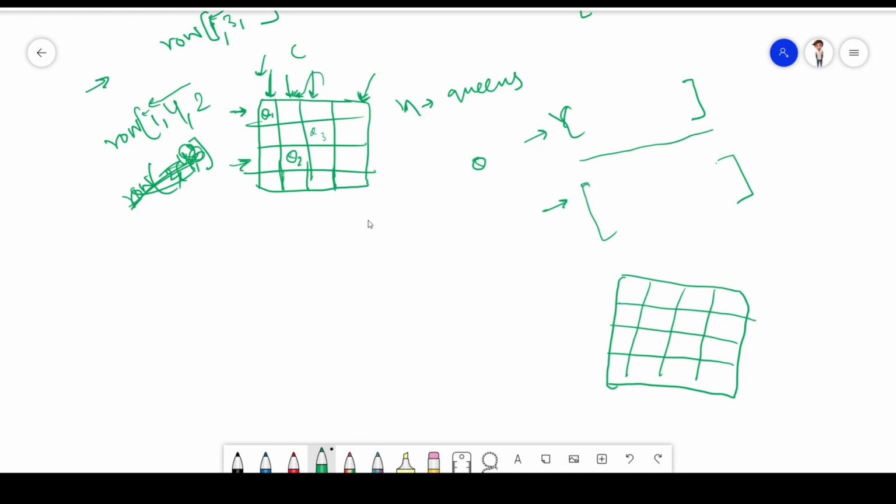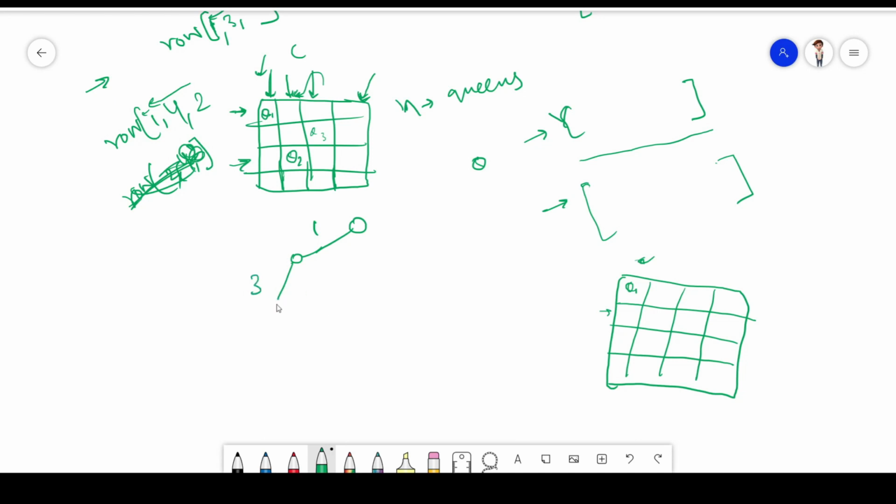When I draw this state space tree, what will happen? I can place queen 1 over here. So yes, I can place the queen 1 over here. Now I will place q2 over here, but the bounding function will stop it. So I will not put q2 over here. Okay, then I will put q2 over here at third.